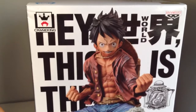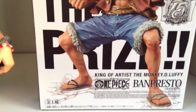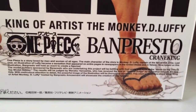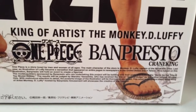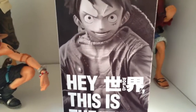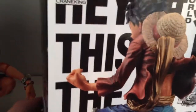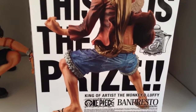And you'll see here it says, "Hey world," or in Japanese it says "Sekai, this is the prize." I didn't know why it said that at the time, but if you actually read the really small writing, if I can get it in focus, you can pause this video and read it for yourself. I'm not going to read it for you. If you go to the item page where we sell this, you can see we have written there what it says. But basically, there was a full color advertisement of One Piece that